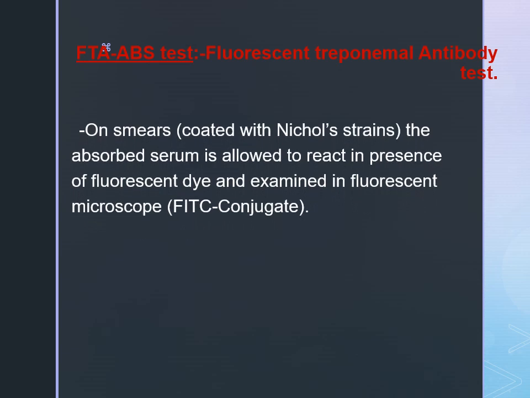So what we do in this test, it is an indirect fluorescent antibody technique हमने इसमें यूज की है. अब पहले क्या करते हैं कि पेशेंट सेरम is first diluted with the extract of non-pathogenic Treponema. कौन सी स्ट्रेन है? That is the Reiter strain. पैथोजेनिक है निकोल्स स्ट्रेन, जिसमें हम पैथोजेनिक स्ट्रेन लेते हैं, that is Treponema pallidum, अगर है तो वो पैथोजेनिक है. और कोई ट्रिपोनेमा है जो commercially we have these Treponemes, सो उनको हम बोलते हैं नॉन पैथोजेनिक स्ट्रेन, that is